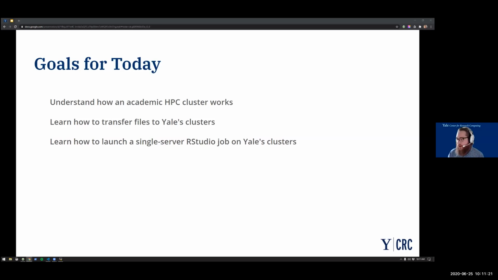And then, as you progress and as your computations expand in scope and needs, the rest of the cluster and the functionality that it provides is available to you. But for today, I'm mostly just going to be showing you how you can replicate most of the necessary parts of your desktop environment on the cluster.